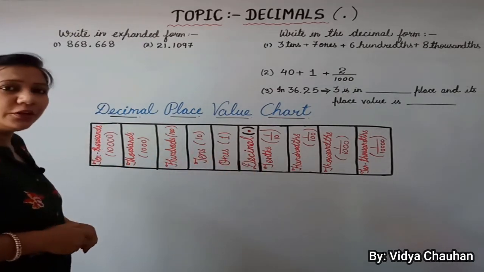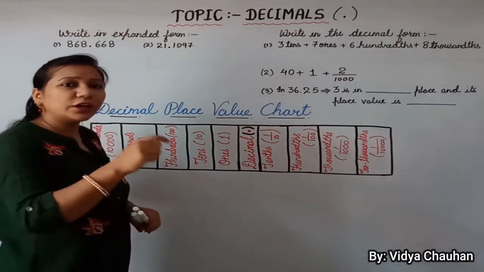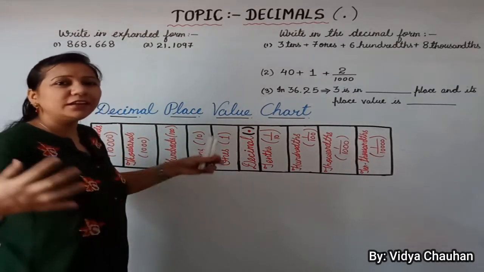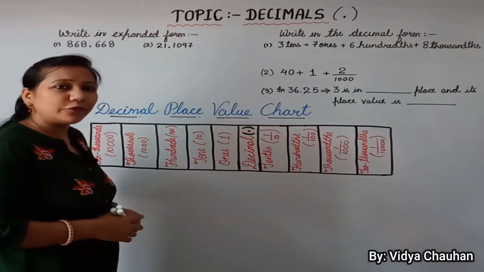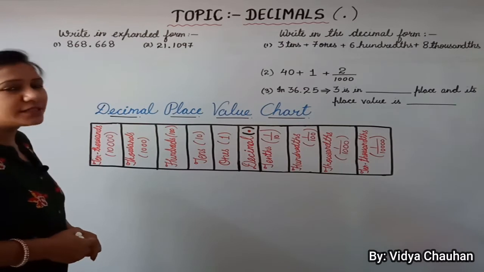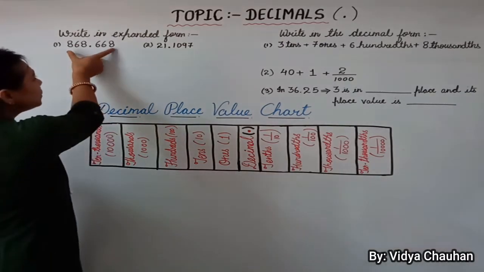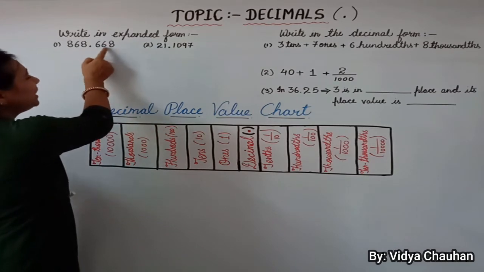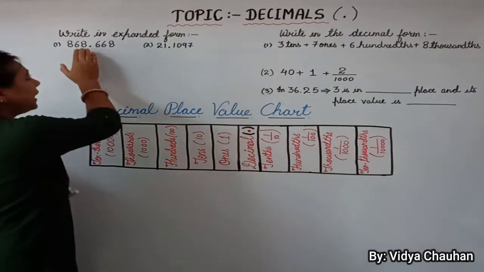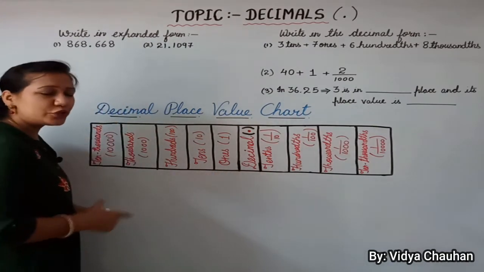As you were earlier doing in the number system also, whenever a number is given to you, according to its place value you expand the number and write it in the elaborated form. Here also you have to write these decimal numbers in the expanded form. So for that, very first, to find out the place value of each of its digits, let me write this number on this place value chart.